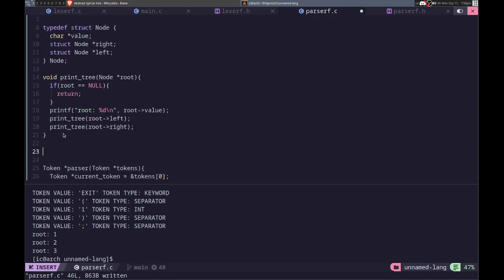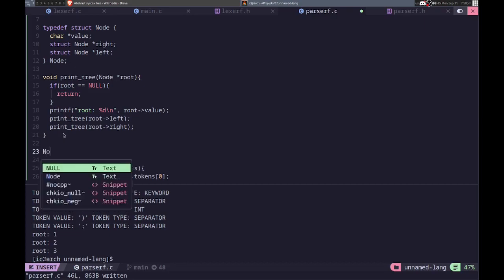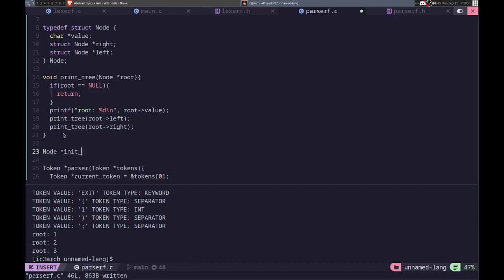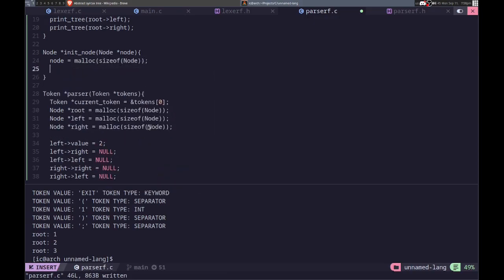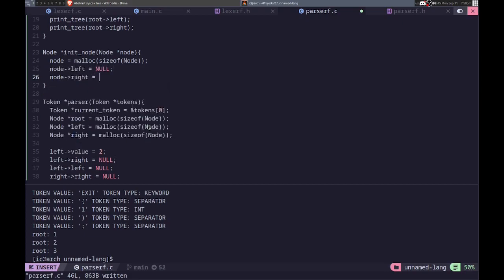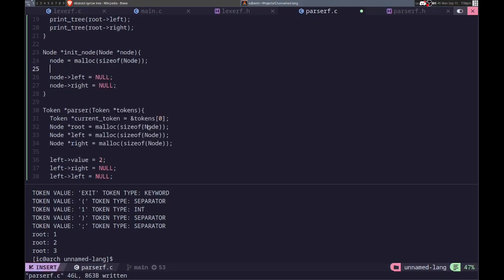So we'll do node init_node, and we'll take a node, and then let's see. Well, we want to do what we did here. So we'll do node, and we also want node.left equals null, right equals null,